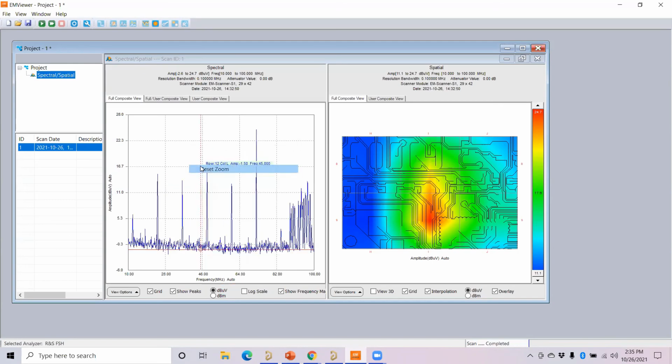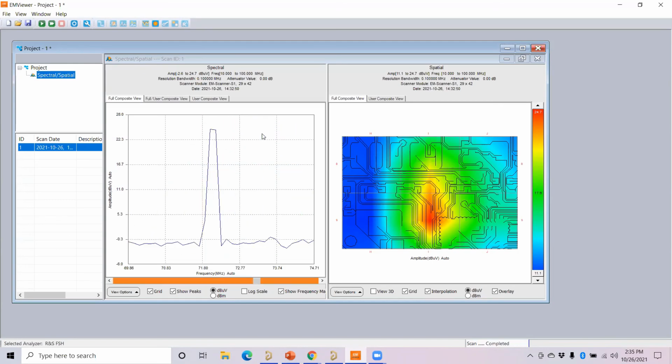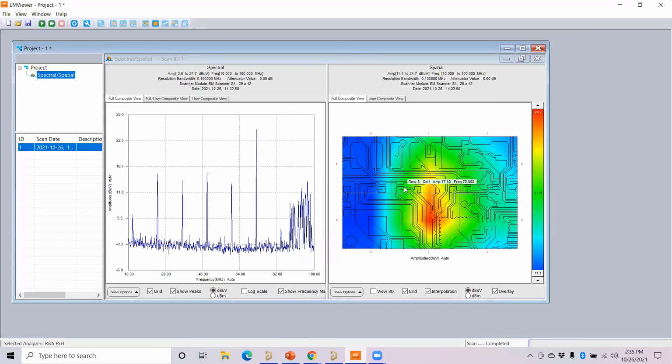Okay, so like this, we can go. The highest amplitude of distortion is this point, and it is at row 9, column I, just 24.7. So you can see on the top, 24.7 is the maximum amplitude of distortion. Okay, so coming to the right hand side, when I move my mouse, you can see what is the maximum amplitude of distortion. This will identify the exact location.